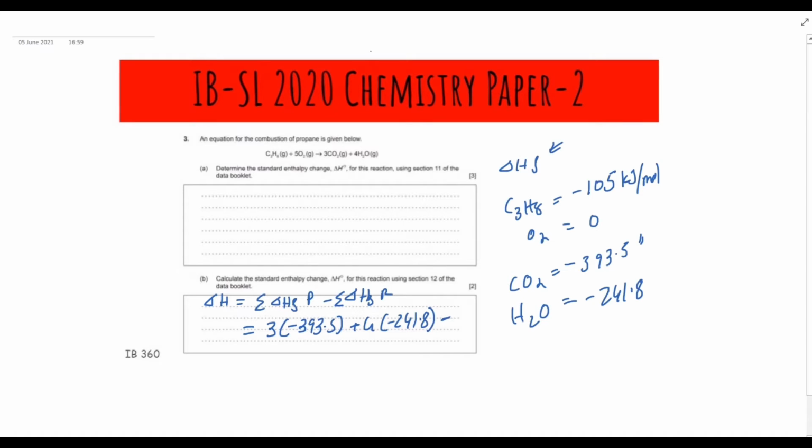Minus, for O2 it's 0, so 5 times 0 is 0. I'm neglecting that. And we have minus 105. So on calculating, what we get is